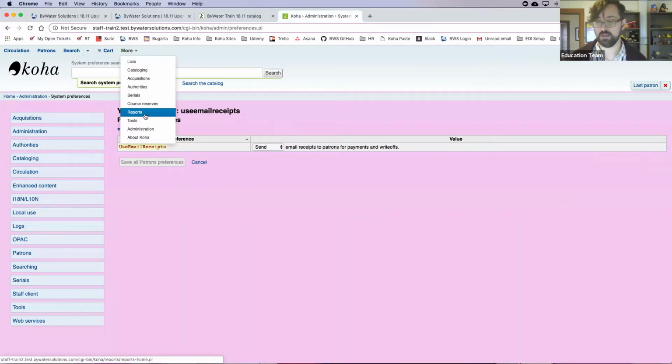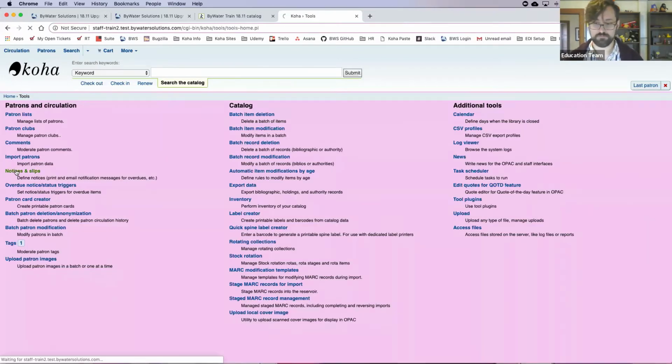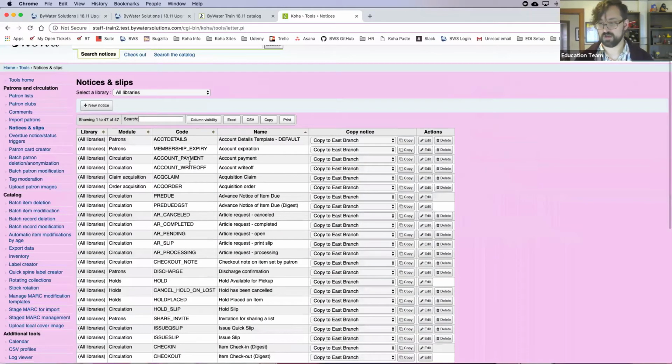You will see them in tools, notices, and we've got account payment and account write-off, 2 new notices. If that system preference is on and your patron has an email address, these email receipts will send to them automatically. So if that's a thing your patrons would like, to get email receipts, flip it on and have at it. If you're somebody who likes to fiddle with your notices and poke around at the wording and whatnot in them, when you look at these, you'll notice that they are